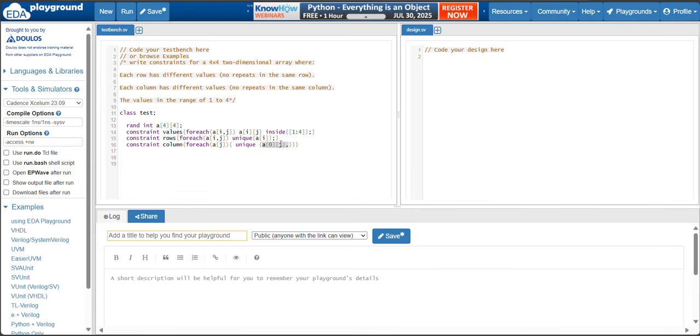See here, I am using 0th row. 0 means first row. Now you have to repeat up to 4 rows. Replace 0 with 1, 2, 3. Okay. This is column. The constraint for the column, I am using the unique keyword to get the different values in the column for each of a of j. End class.